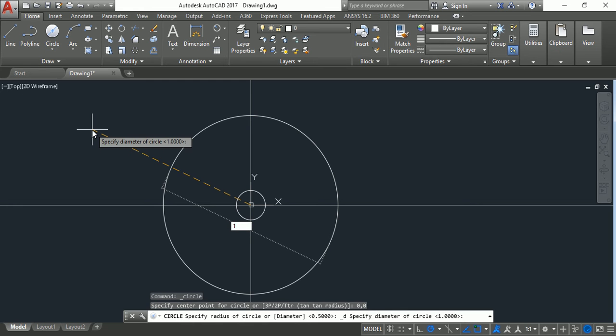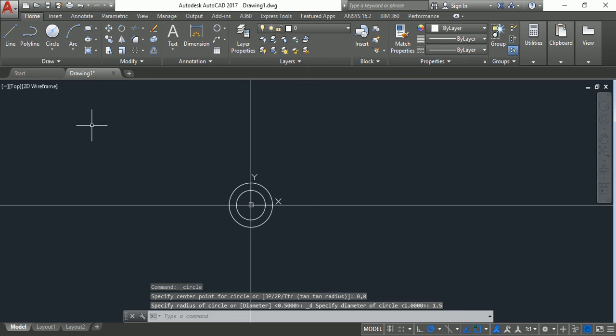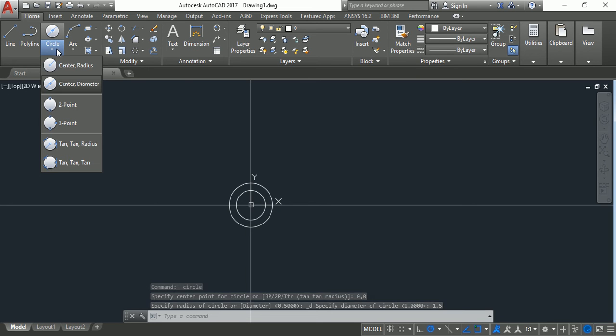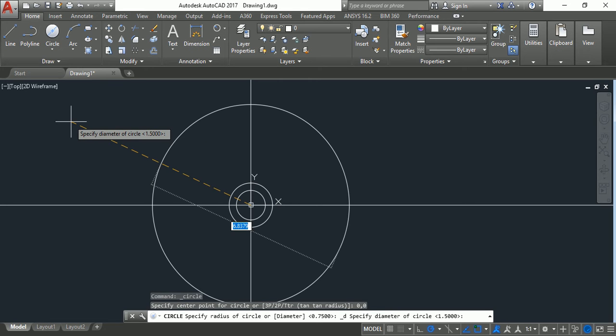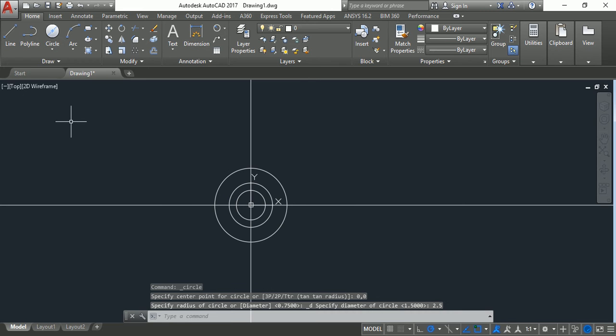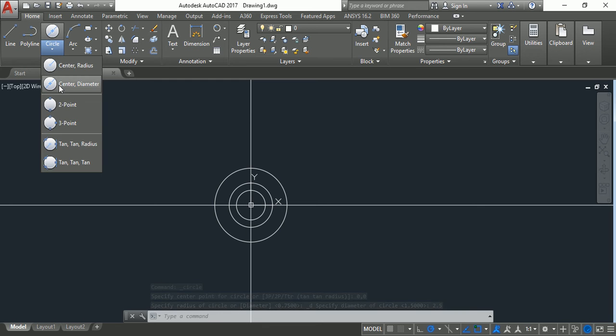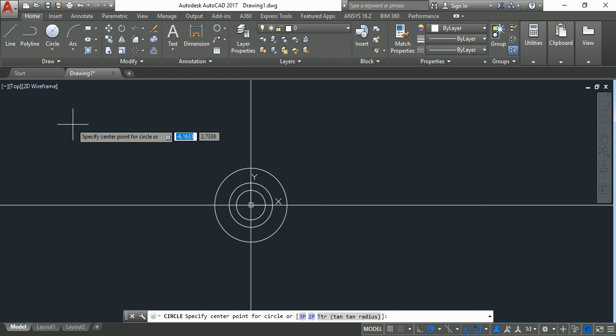So here I will take the diameter as 1.5. The next diameter is 2.5 with the same center. And the last circle to be drawn here is of diameter 4.